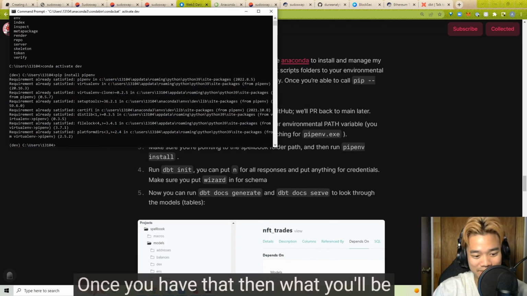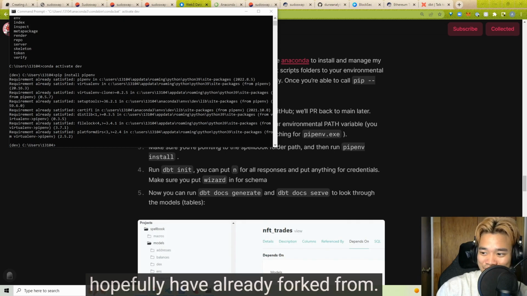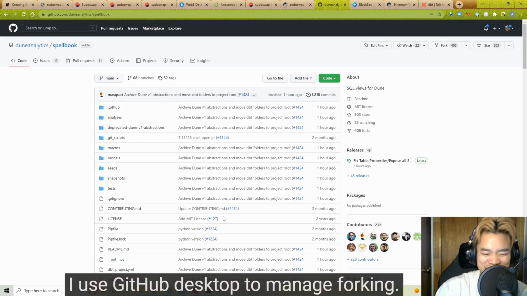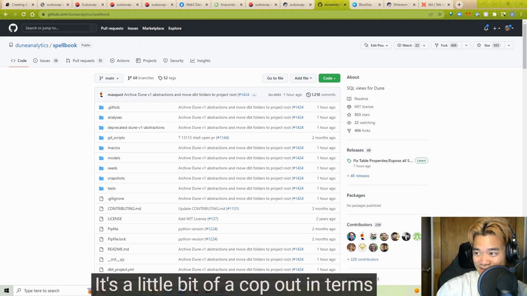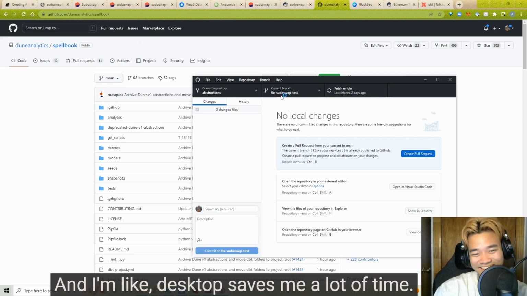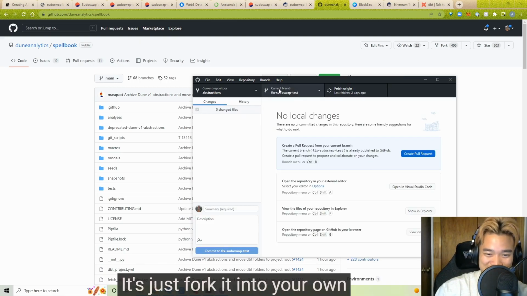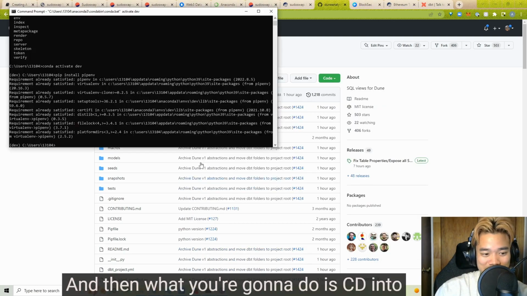Once you have that, then what you'll be able to do is go into the repo that you hopefully have already forked from GitHub. I use GitHub Desktop to manage forking. It's a little bit of a cop-out, in that some people like to use CLI for everything, and I'm like, Desktop saves me a lot of time. So just fork it into your own repository, create a new branch, and then what you're going to do is